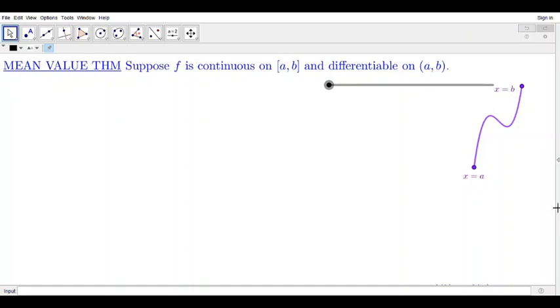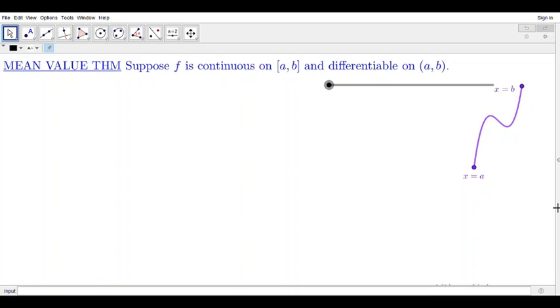Hi. Our optimization techniques and our graphing techniques rely on the fact that if f prime is positive in an interval, then f is increasing there. And if f prime is negative on an interval, then f is decreasing there. The basis for this result is the mean value theorem. This video comes after the video on Rolle's theorem, which is the basis for the mean value theorem, or MVT,